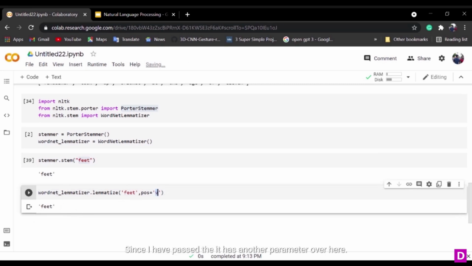Since I have passed another parameter over here, right? You can have a look at it. It is pos, which indicates part of speech. So in addition to the word, we have to pass another parameter to make the lemmatizer understand what kind of word you are passing, whether it is a verb, noun, or adjective. We are considering foot, which is a noun, right? So if I pass the part of speech as noun, now we could see that it has correctly identified that it is a plural form of the word foot, and it was able to reduce that word to the root form,